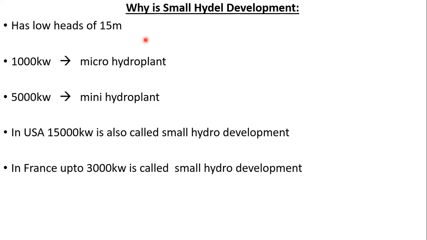We can also call it, if you enter the concept of a small hydro plant of having low head, say up to 15 meters, this consideration may also be called small hydro development, but it is not generally true. It is not dependent on the restriction of the head for small hydro development, but it depends upon the power output only. So strictly speaking, if you say up to 5,000 kilowatts, we will say small hydro development, regardless of the head we are taking.